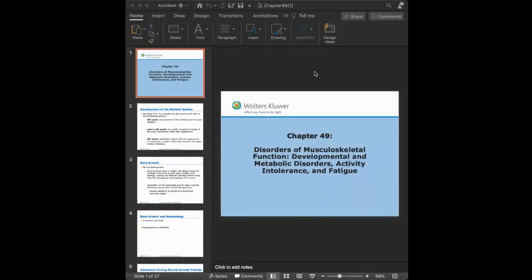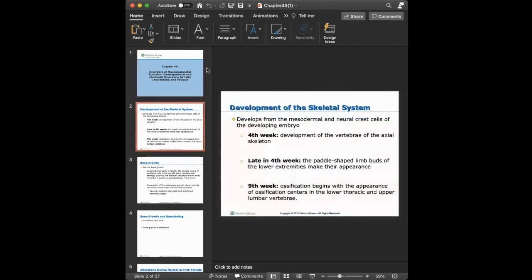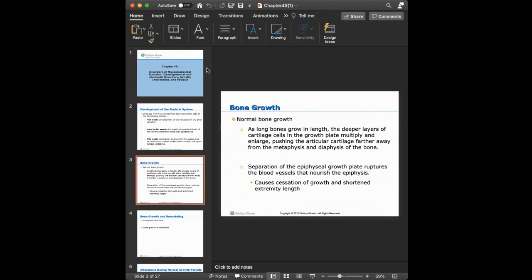In order for you to have a better understanding of the disorders, you have to know the normal function. So when we talk about how bones grow, long bones grow in length. So we know we have our metaphysis and diaphysis of the bones that allow for bone growth, and then separation of the epiphyseal growth plate ruptures